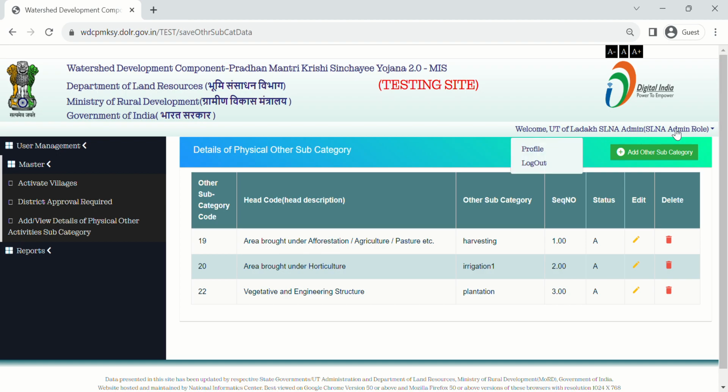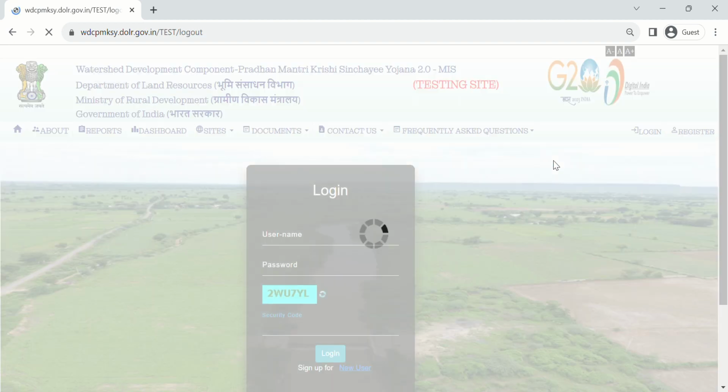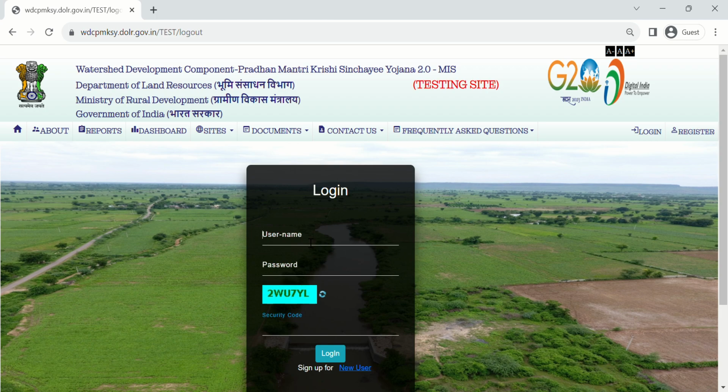First, log out from the SLNA admin role. Enter your PIA username, enter the password and enter the security code. Click on login.